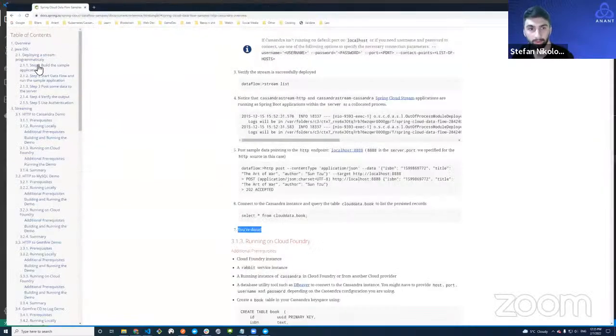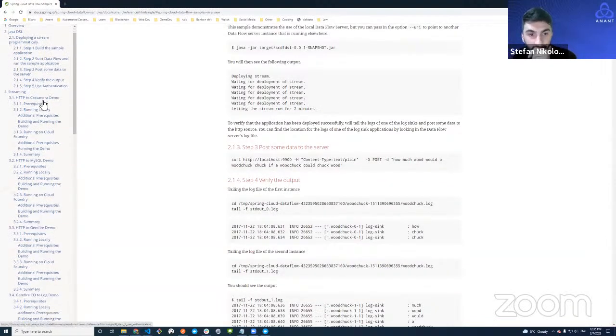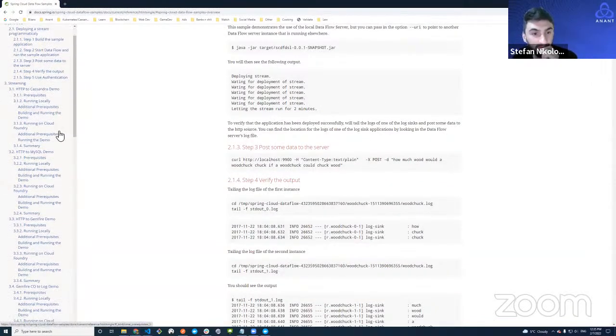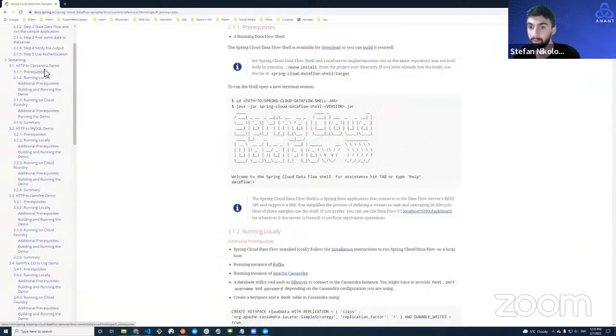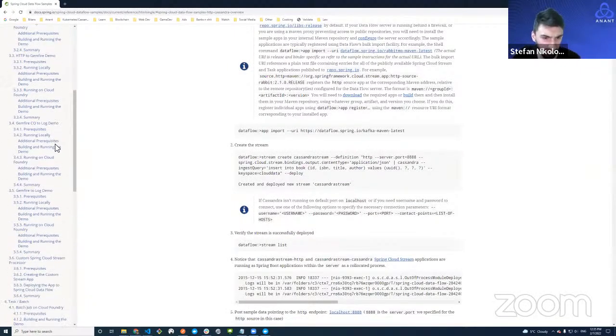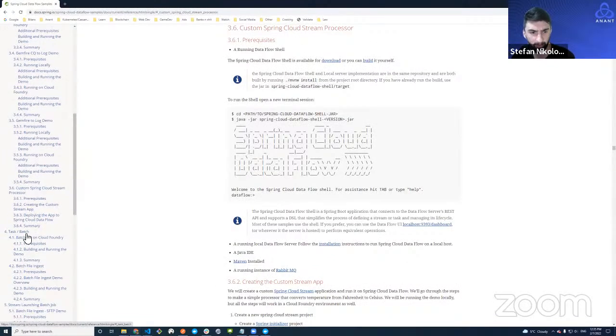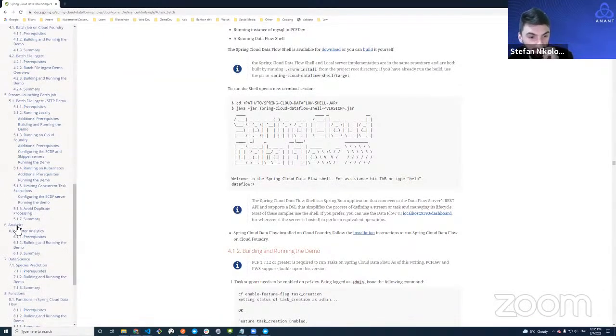Yeah, and we can take a look at some of the examples that they have. They have HTTP to Cassandra, MySQL, Gemfire. There's also a version of all of these, because we can even do this on Kubernetes on the cloud, but it's basically the same thing. They have custom Spring Cloud stream processing. So they have a few applications and examples ready for everybody that would like to learn or do a simple demo. They say analytics,